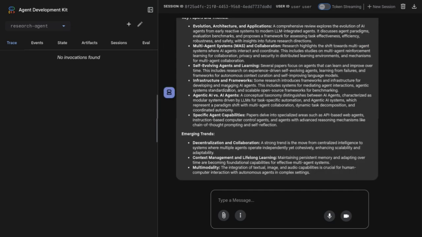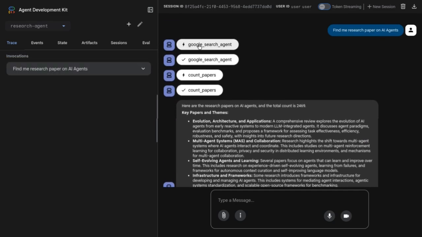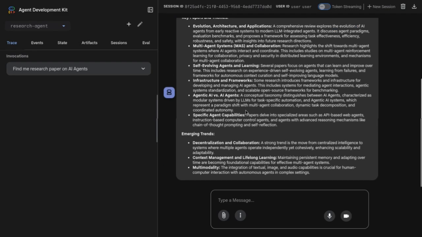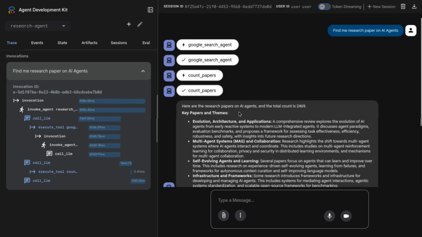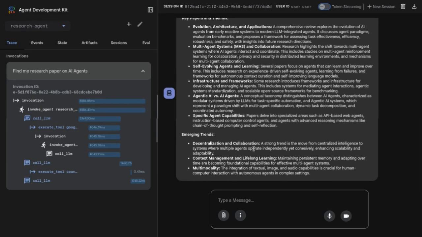It's taking quite a time. Okay, yep, it did work. So first, as you can see, Google search agent was invoked and then count papers was invoked. And I am not very sure, yeah, the output is somewhat not right, but I'll just explain to you what happened here. So we did get our research papers, but if you go to this call LLM and try to debug it,